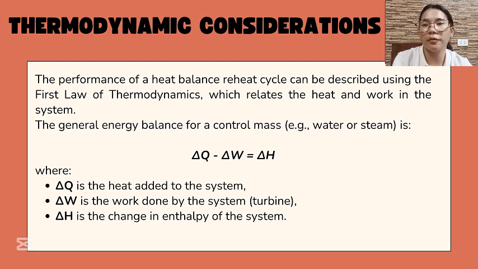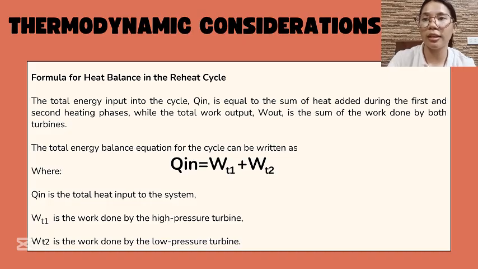So, the key components involved in a reheat cycle include the heat added during the first heating phase. Next is the work done during the expansion in the high pressure turbine. Next is the heat added during the reheat phase, and the work done during the expansion in the low pressure turbine. The total energy input in the cycle Q in is equal to the sum of the heat